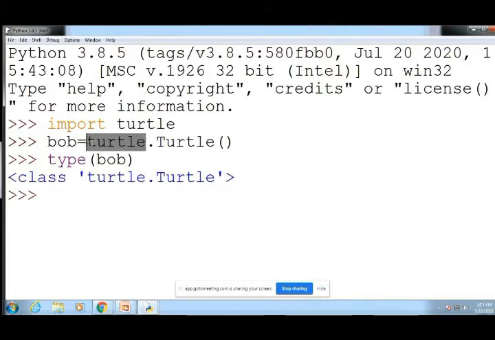Here, small turtle is the module, and capital T Turtle is one of the classes present in the turtle module. So Bob is one of the objects. This refers to an object with the type Turtle as defined in module turtle. Okay, do you understand about the interface?